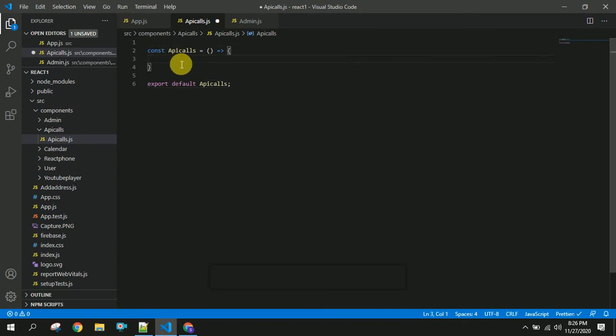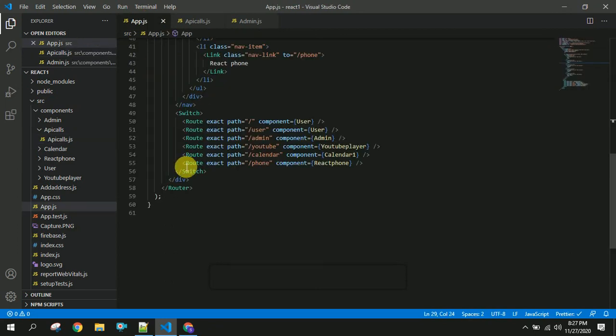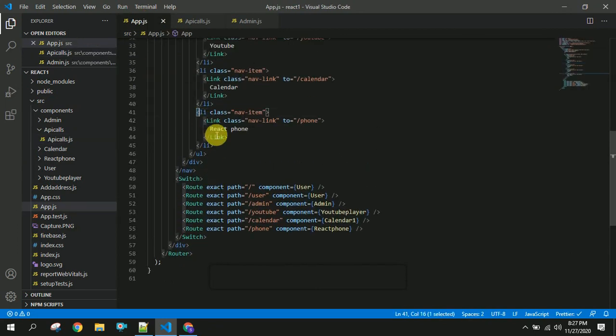And I am returning something here: API calls in React.